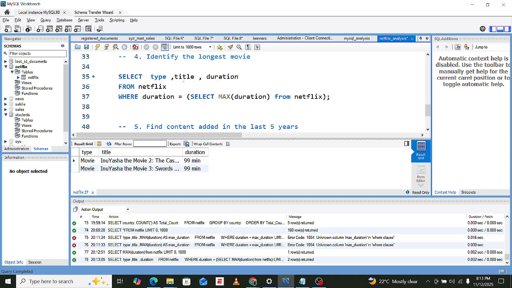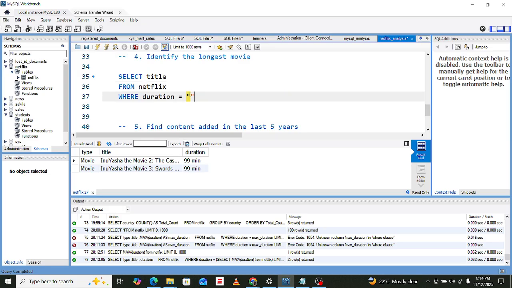You can just select the title from Netflix where type is movie.